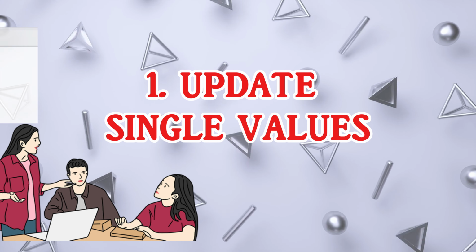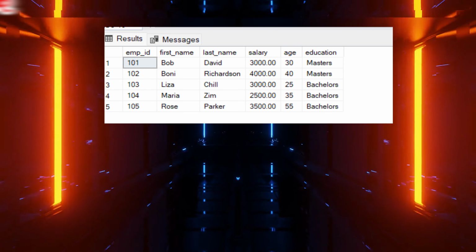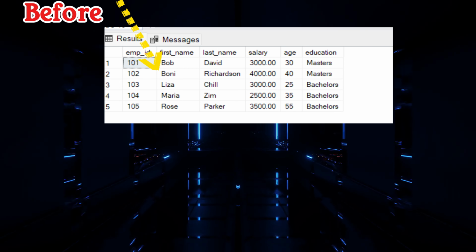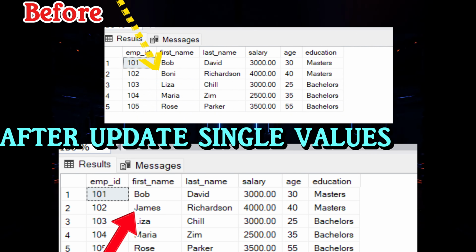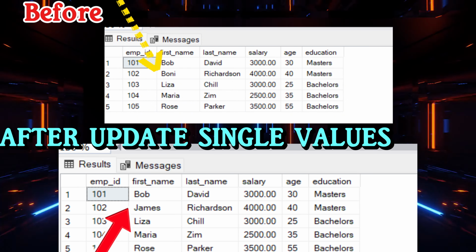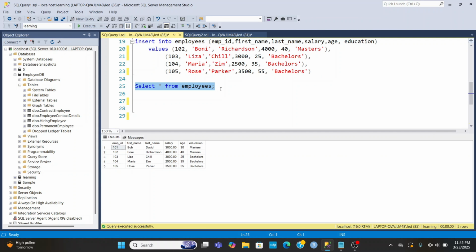Update single values. So we want to update only a single value here. We need to change the employee ID 102 value, first name, to James. Let's see how to do it. After update single values,